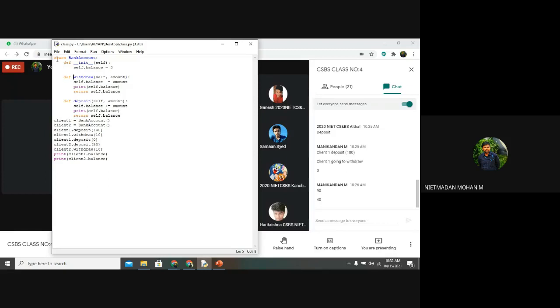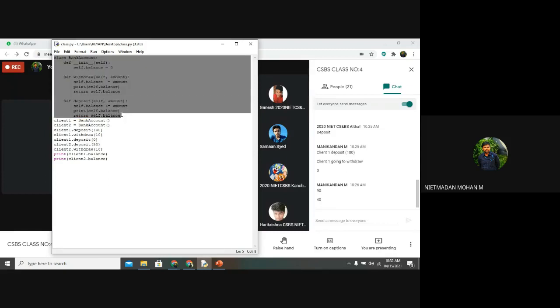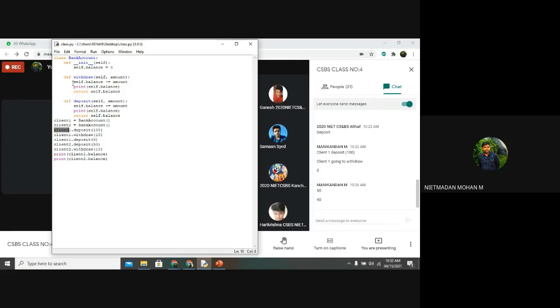So here what is happening? We have declared the class. That means we have declared the blueprint of the particular bank with the functions of withdraw and deposit. With those functions, we can create objects called client 1 and client 2. Then we can directly access those functions by using the object name, do the operations and get an output.